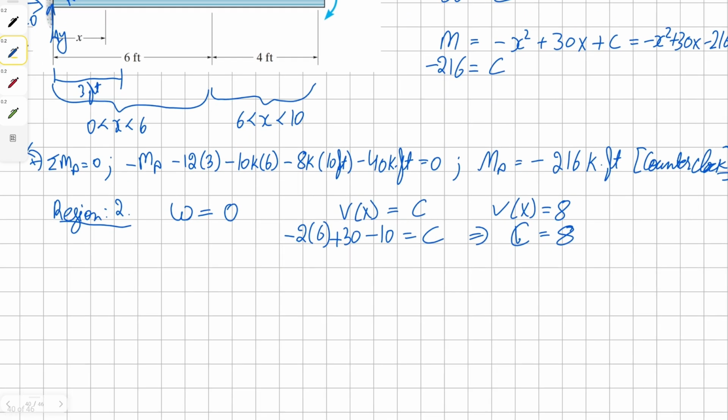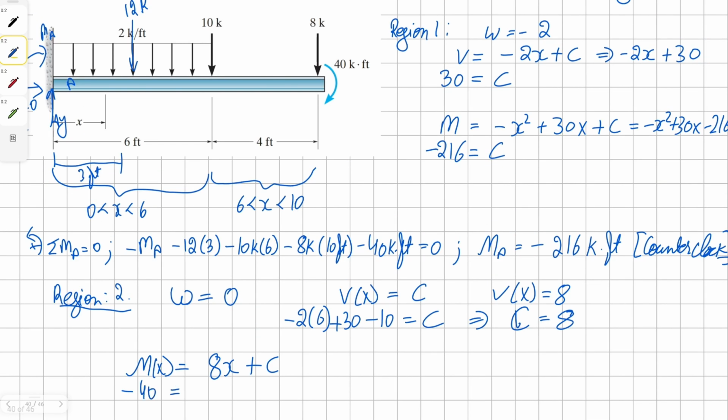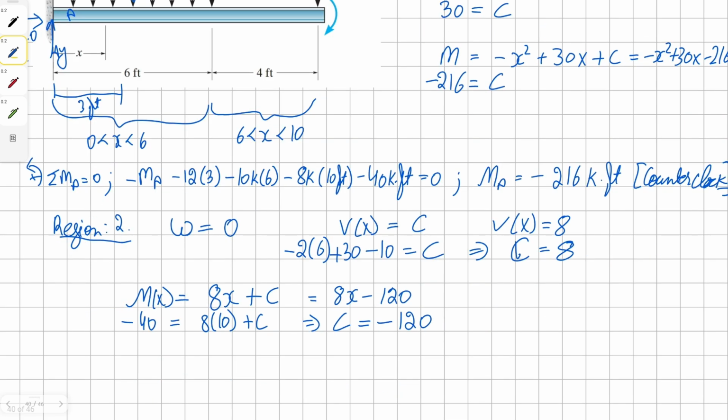Simple, constant 8. And now to find our moment, all we have to do is take the integral of the shear. So we can have 8x plus the constant. And we know our moment is -40 when our x is 10. And so for this, we get our constant as -120. And this gives us our equation to be